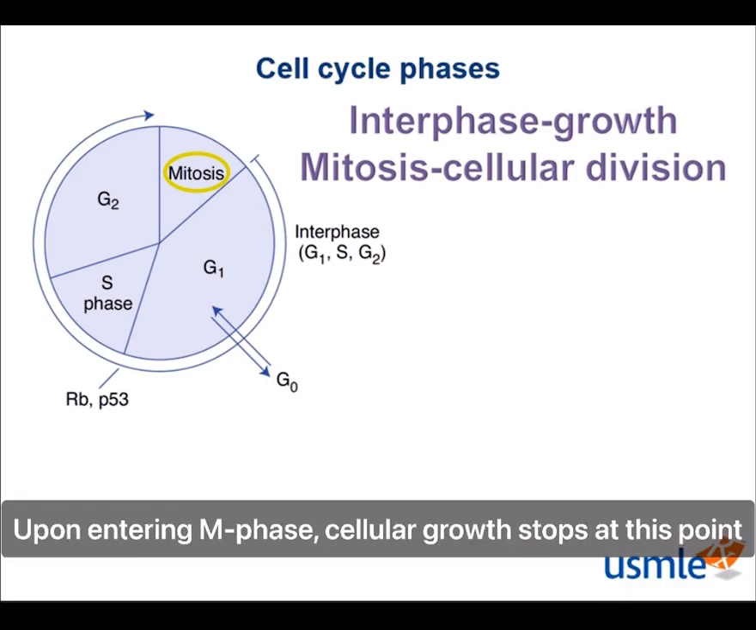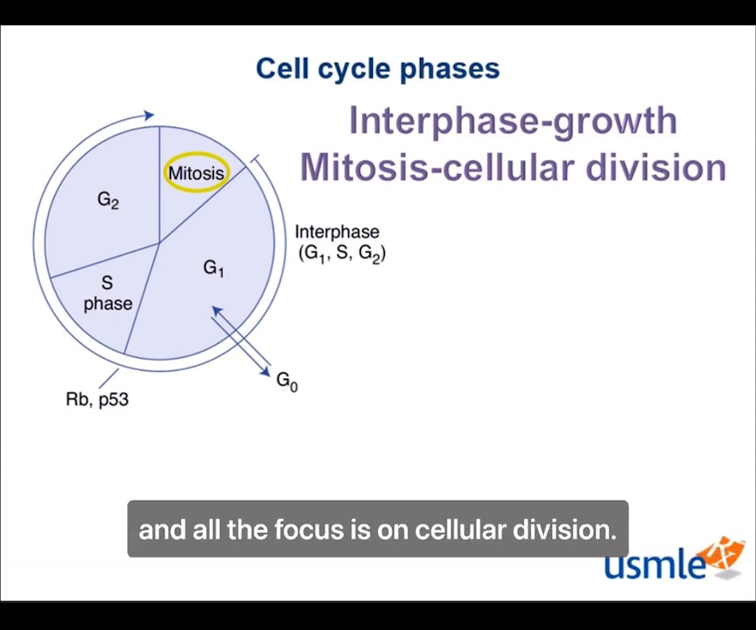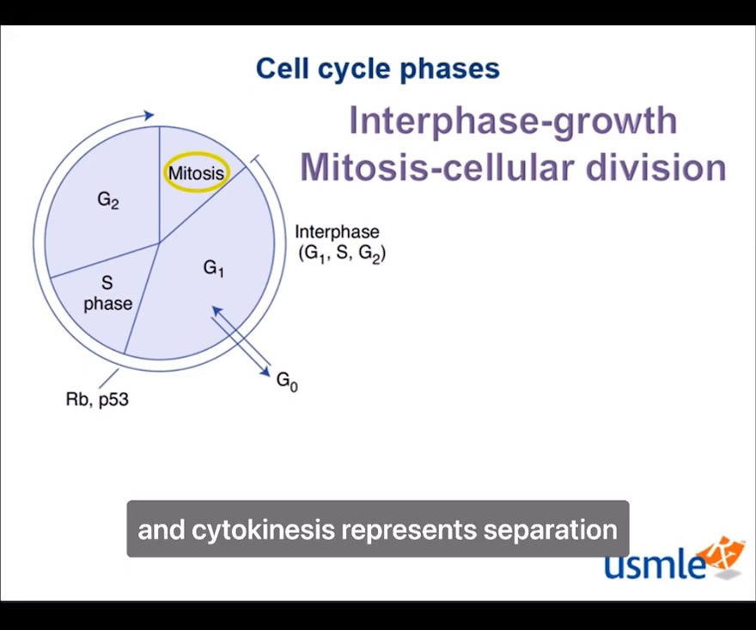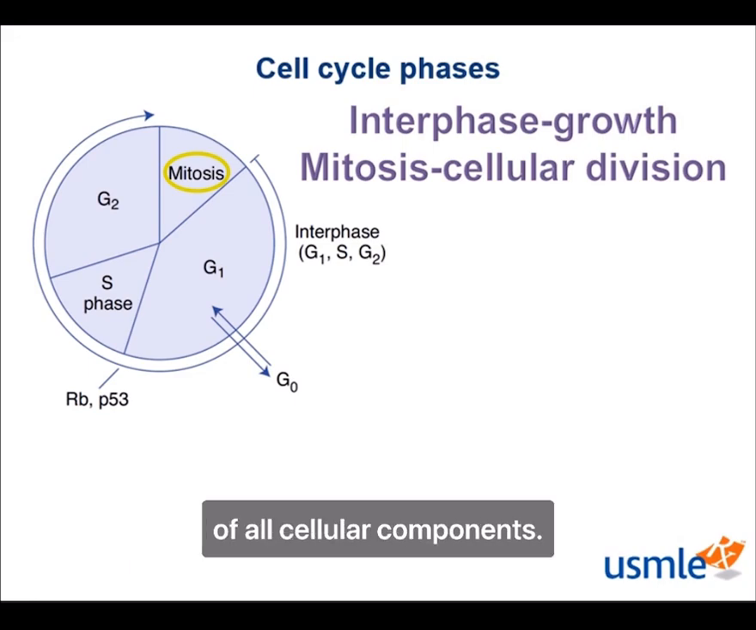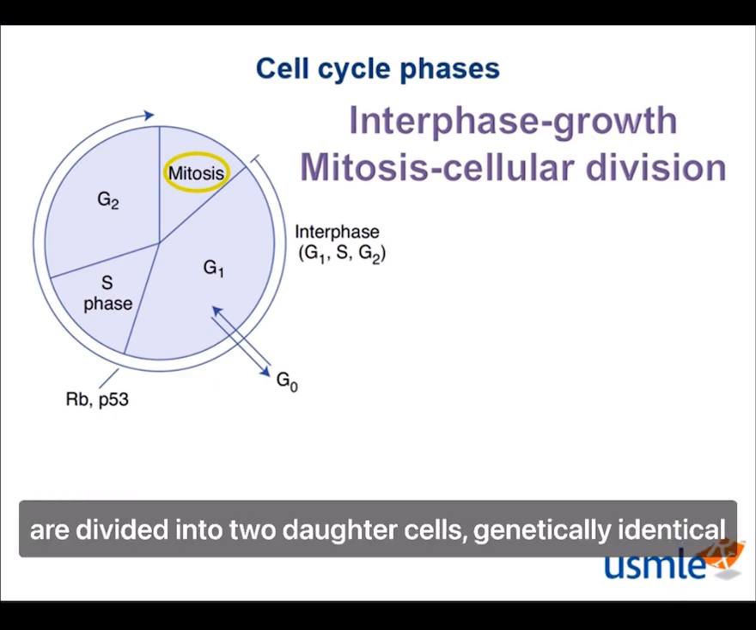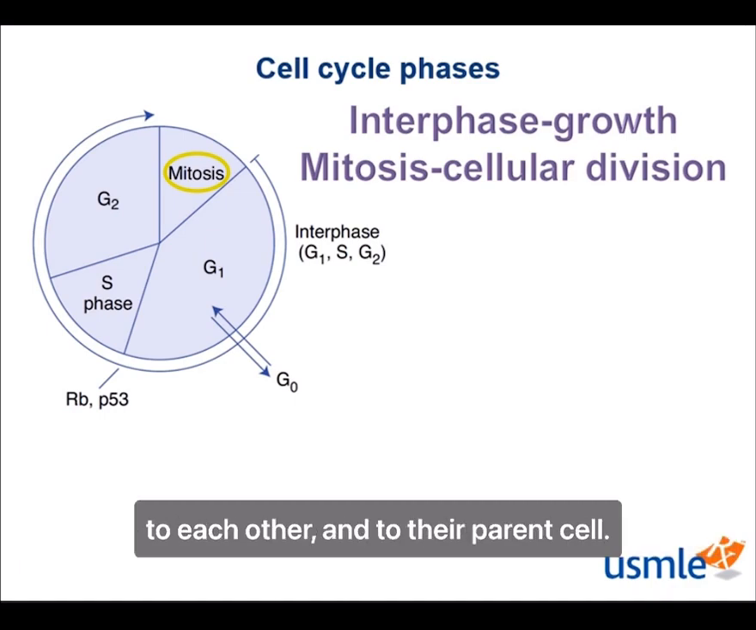Upon entering M phase, cellular growth stops at this point and all the focus is on cellular division. Mitosis represents chromosome separation and cytokinesis represents separation of all cellular components. At the end of this phase, mother cells are divided into 2 daughter cells, genetically identical to each other and